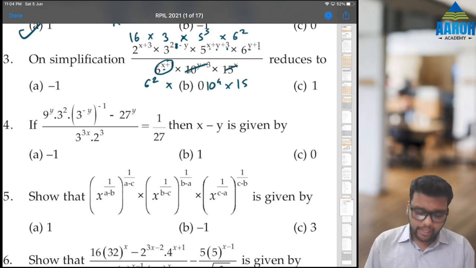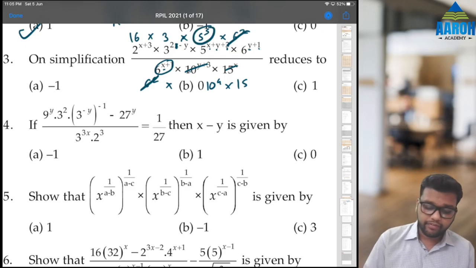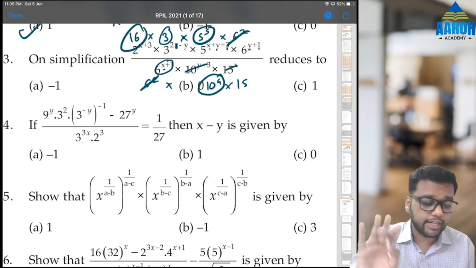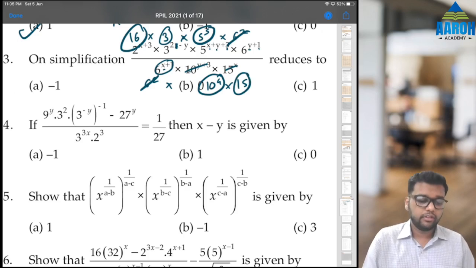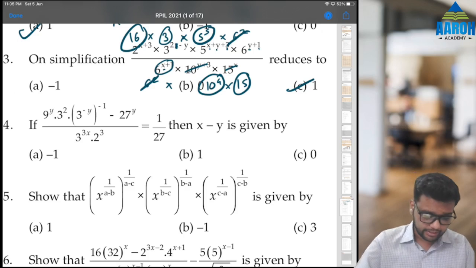So now we can do this on the calculator. 6 square we can cancel. And now let's do this first. 5 raised to 5. So 5 into and 4 times equal to, into 3 into 16, divided by 10 raised to 4, meaning 10 four times, right? So how to do it? Divide by 10 and 4 times equal to, 1 2 3 4, and divided by 15 also, because this is also there. So you get the answer as 1. 1 is the correct answer, option C. That's it. It is that easy.